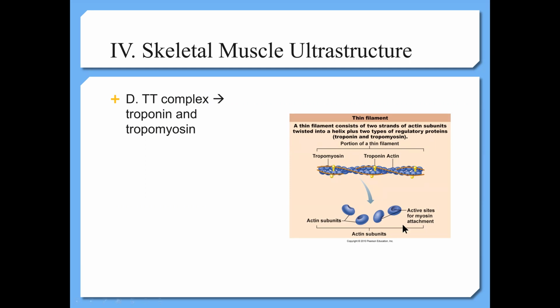Actin is made up of little actin subunits, and they look like pearls. So you put two strands of pearls and you twist them in a helix, and then you have